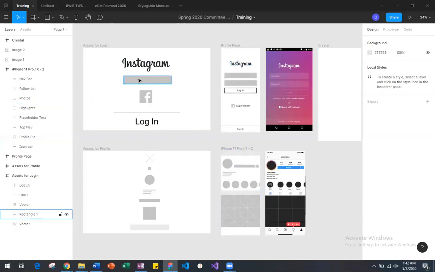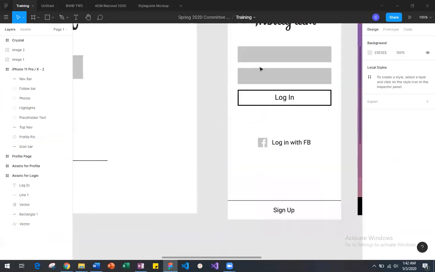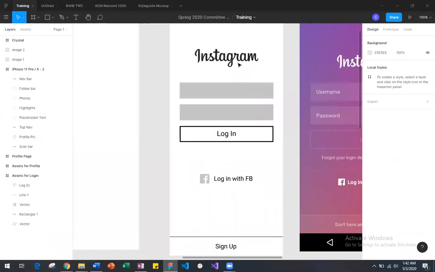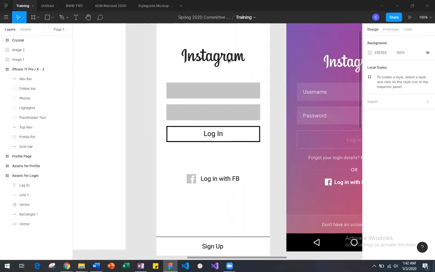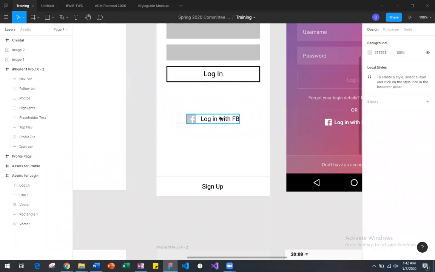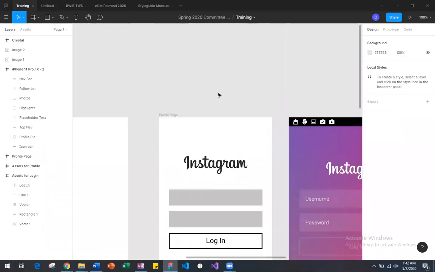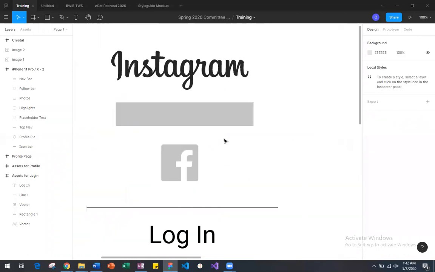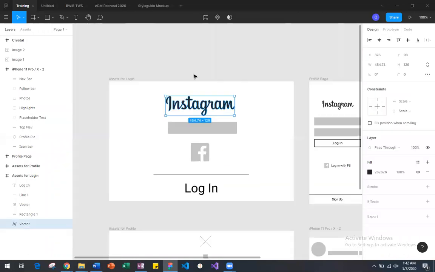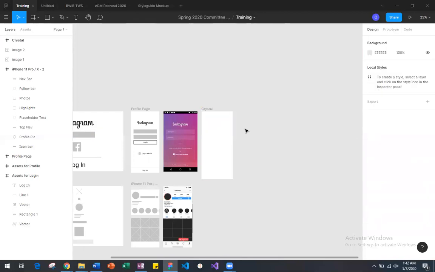Just so you guys get a better hang of resizing and positioning and this and that. So here, if we zoom in, you see you have Instagram's, not logo, but like their fancy cursive that they have here. And then 2 boxes for username and password, login button, a link to log in with Facebook, and then a sign up link. So these are the assets that we want. So I'm going to copy over this, zoom out, and